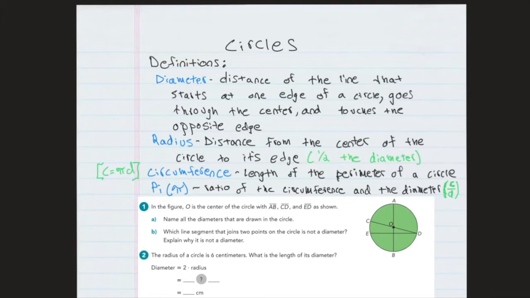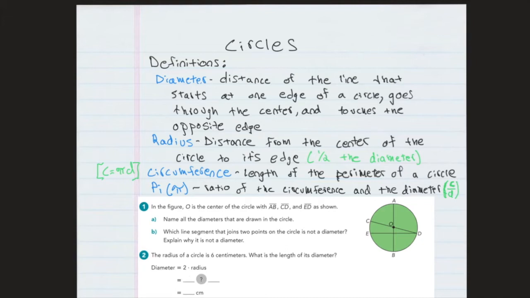So when you try to find a perimeter of a rectangle, right, it's the length of the sides all added up. For a circle, it's one continuous side. So you can't really add it up, and it's hard to measure. So what we do is we take the circumference, and to find that, we multiply pi times the diameter of the circle,